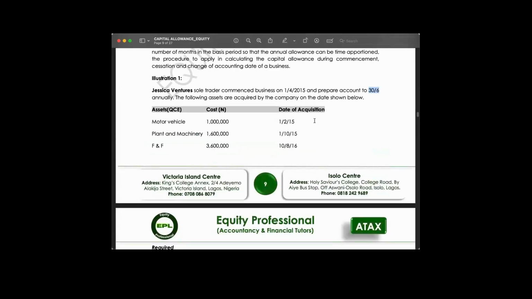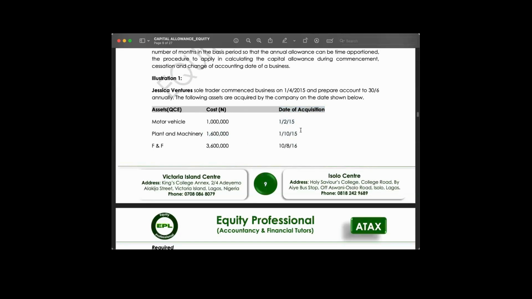They said motor vehicle, 10 million. Date of acquisition, 1/5/2015. Next, plant and machinery, 1.6 million. When? 1/10/2015. Furniture and fitting, 3.6 million. Date of acquisition,